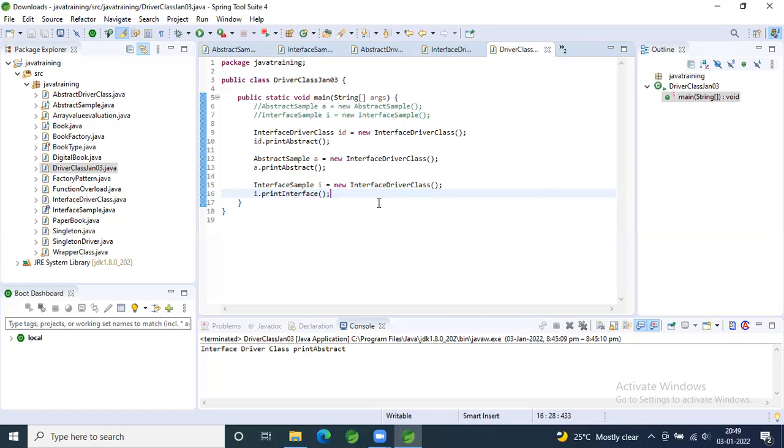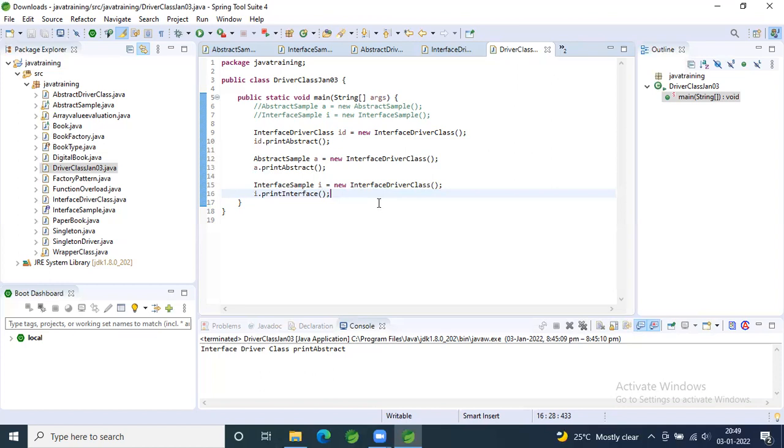This is for your abstract class. The same thing, you're going to do in your interface. The same methods: area method, draw method, fill color method. But in case of fill color, earlier it was a concrete method. In case of interface, you don't have a fill color method because there is no common code. So only when there is common code, you need to go for an abstract class. If there is no common code, you're going to override your logic in your child class. To see that difference, you're going to do this sample.